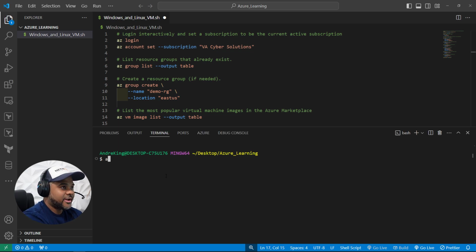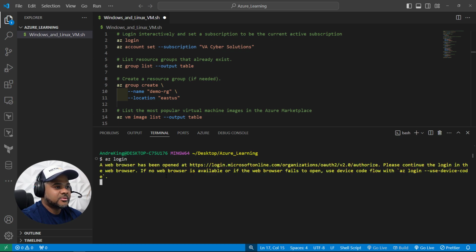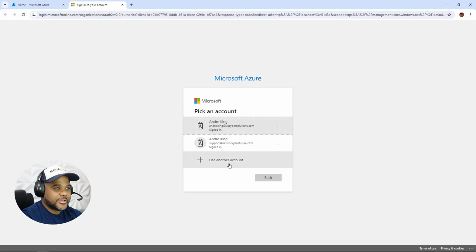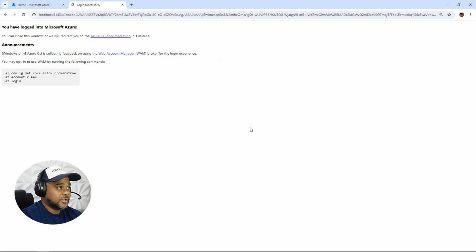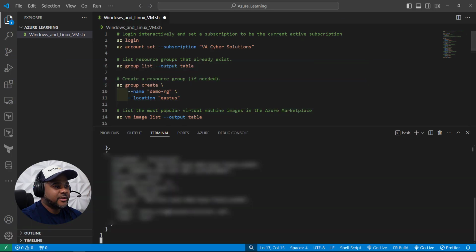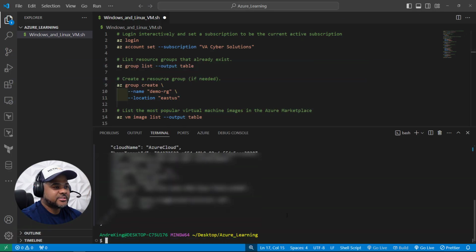So we want to interactively get logged in. We'll just run this command, az login. We see that this is going to shortly open up a web browser and ask you to sign into your account. If you're already signed in like I am here, then we're going to get this message. We can close it or click away, or it'll navigate us where we want to be. I'll choose to close that tab, and then let's get back here to the CLI.